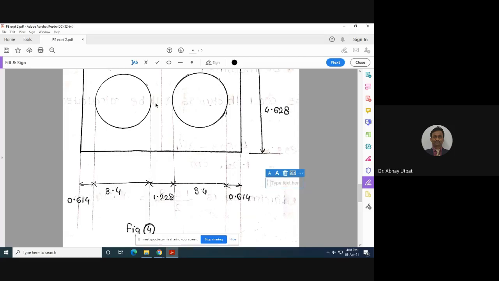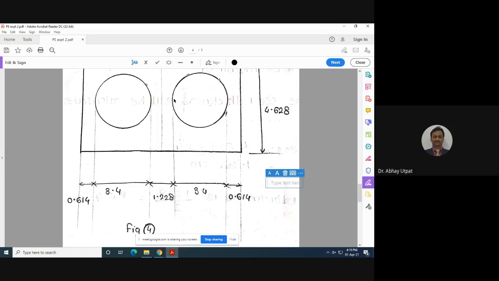A rectangular path may have length, width and height. So the length, width and height of the runner is taken as 3, 2 and 1 millimeter: 1 millimeter thickness, 2 millimeter width, 3 millimeter length. Then the volume will be calculated by 3 into 2 into 1, which is in millimeter cube, converted into centimeter cube. And as there will be two runners, hence, the gate I am talking about.